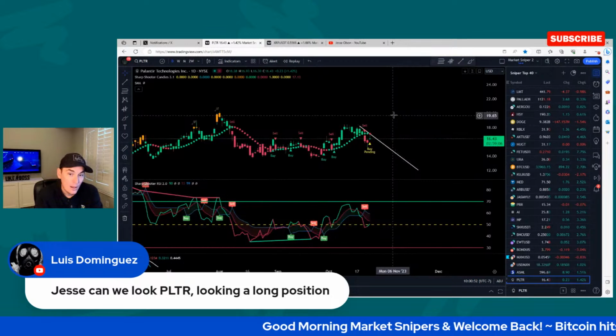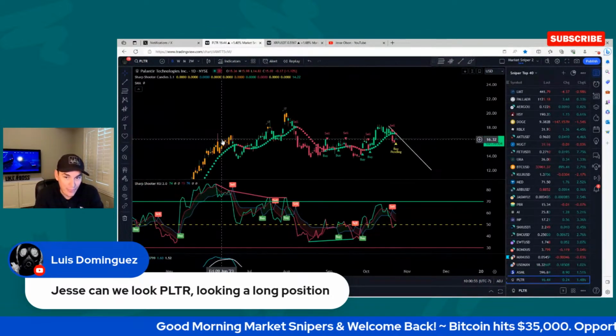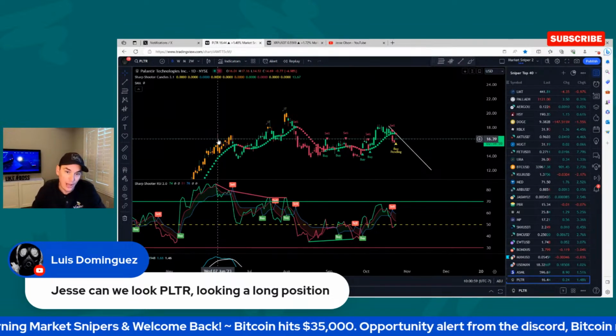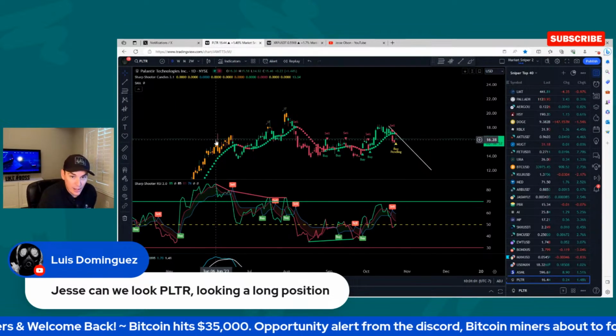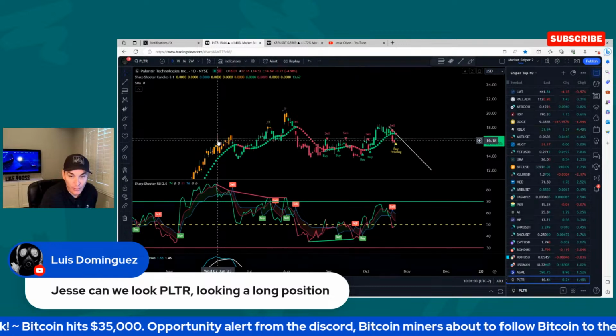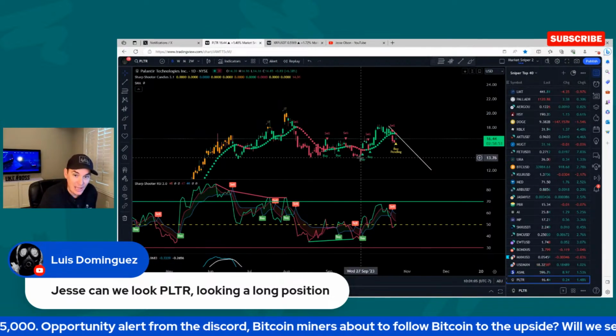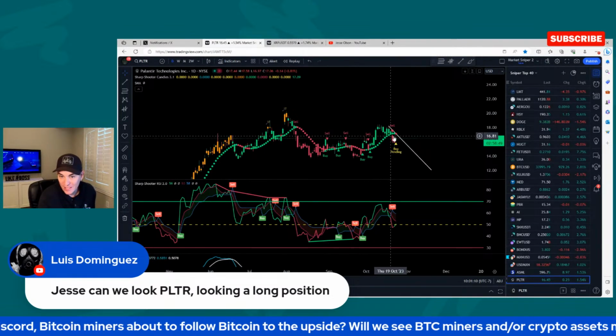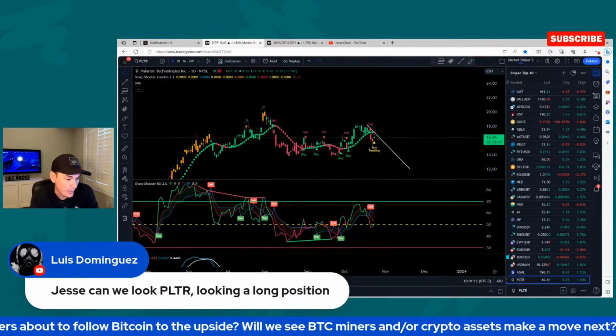But as of right now, if you zoom out, it's just been kind of going sideways since June 2023. So it's harder to get a read on an asset when it's been, for the most part, yes, it had a peak here and a low here, but for the most part, if it's just going sideways, it's harder to get a read on it overall.